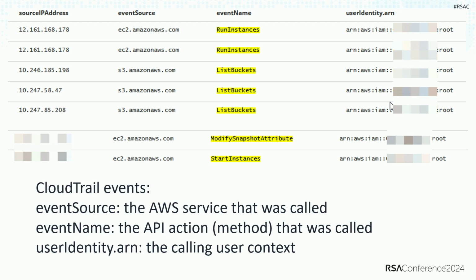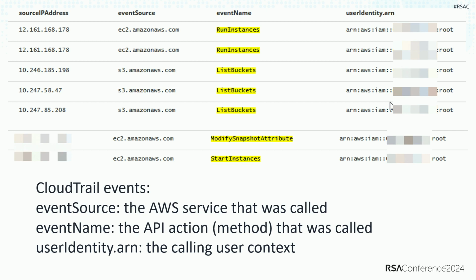In order to talk about this today, we don't need to know everything about them. We don't need to know a ton about them. But in general, the format is, and these are simplified events, you've got a source IP address, an event source, and each one of these is a single API transaction. And the API method is called an action, and the action is in the event name.